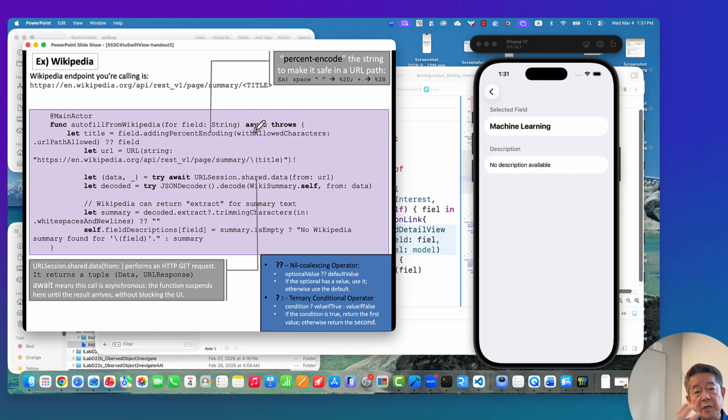it's not done synchronously, right? Because that is a separate internet action, so we make it asynchronous. And then we can get the title. Let title equals field dot adding percent. This is not something that we defined. This is something